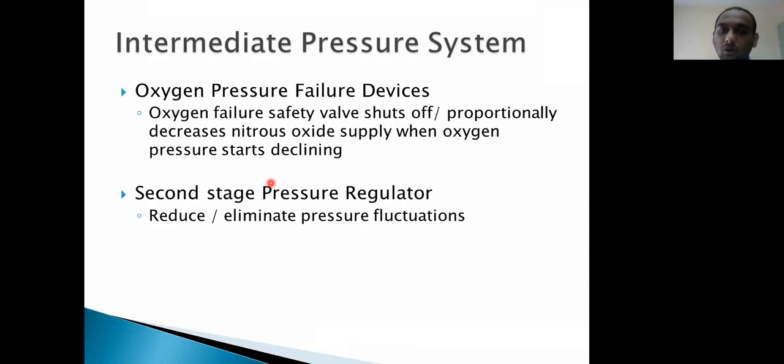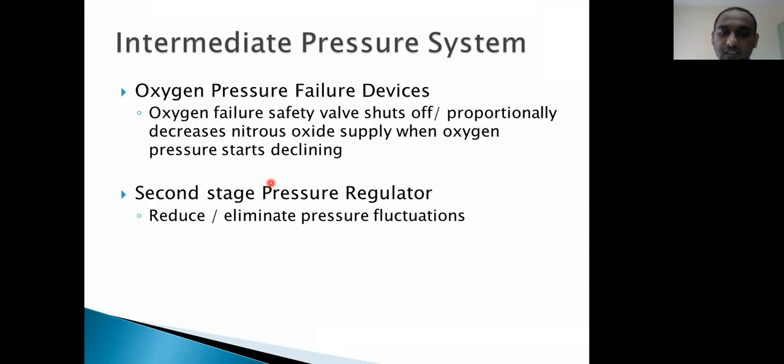And if the oxygen pressure falls to a very critical value, then there is a shut off mechanism in which the machine closes the inlets of nitrous, air and other gases, so that even by mistake it should not happen that the patient gets a completely hypoxic mixture in which there is almost 100% nitrous and other inhalational gases, so as to prevent hypoxic mixture administration.